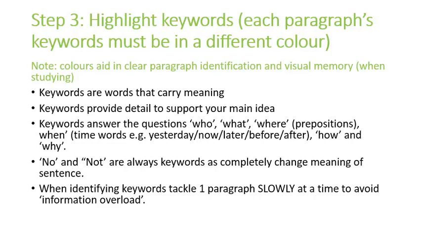Okay, once the student has read through the entire text, inserted the meanings of unknown words above these words, and read the text again, ensuring that they fully understand the text using these context clues, the next step is to go back through the text again and highlight the keywords. And what I encourage the students to do is to highlight the keywords in each paragraph in a different color. The reason for this is, first of all, it helps